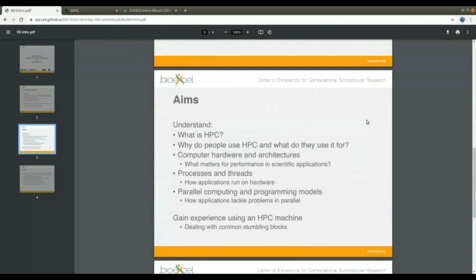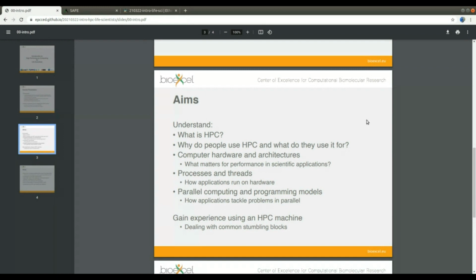So what is the purpose of this course? Well, the primary purpose of this course, the most simple purpose of this course, is to get everyone here to understand what we mean by high performance computing and what it is used for. Why are you here, essentially? Why would you be interested in this? We'll also cover things like